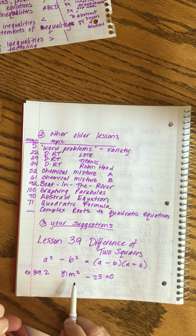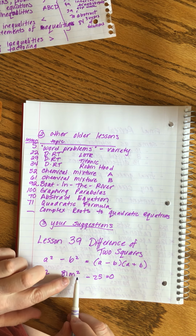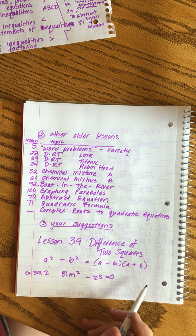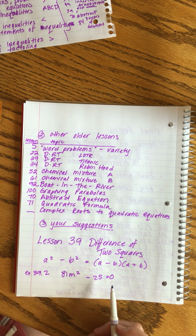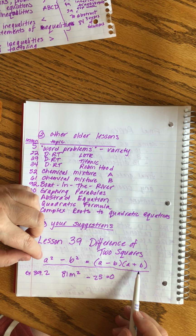But then after you look at it for a minute or two, you go, wait a minute. 81, that's 9 times 9. That's a perfect square. M squared, that's a perfect square. And 25 is 5 times 5. That's a perfect square. Oh, okay. Then the difference of squares formula comes into your head,